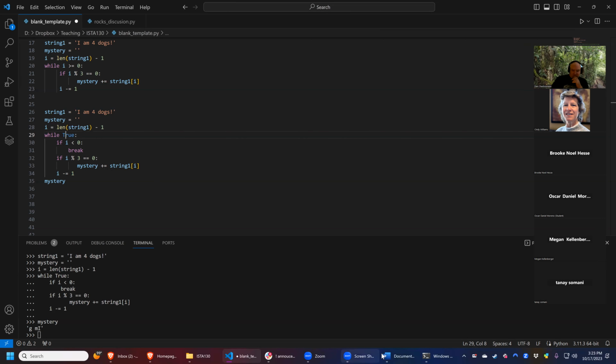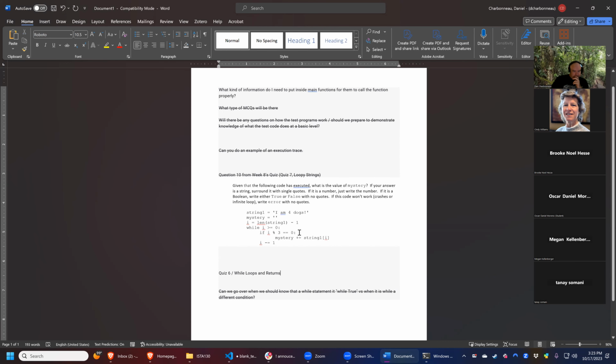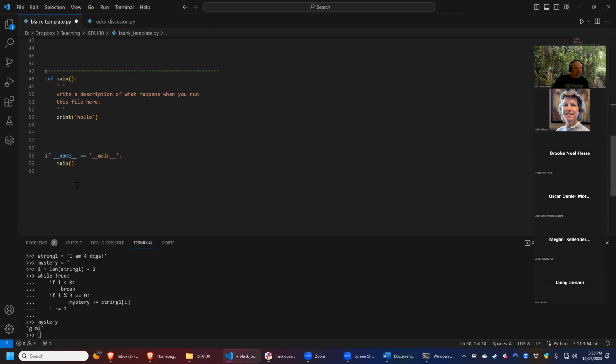Yeah, all right. Let's see here. So this question, I'm not 100% sure what they're asking. The question is, what kind of information do I need to put inside main functions for them to call the function properly? The way I read this is, how do you get function calls to work properly? And I think the short answer to that is,